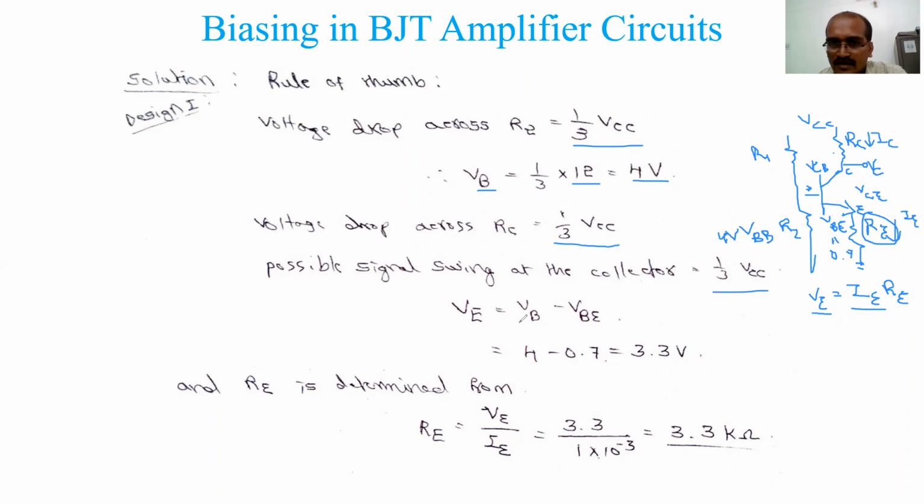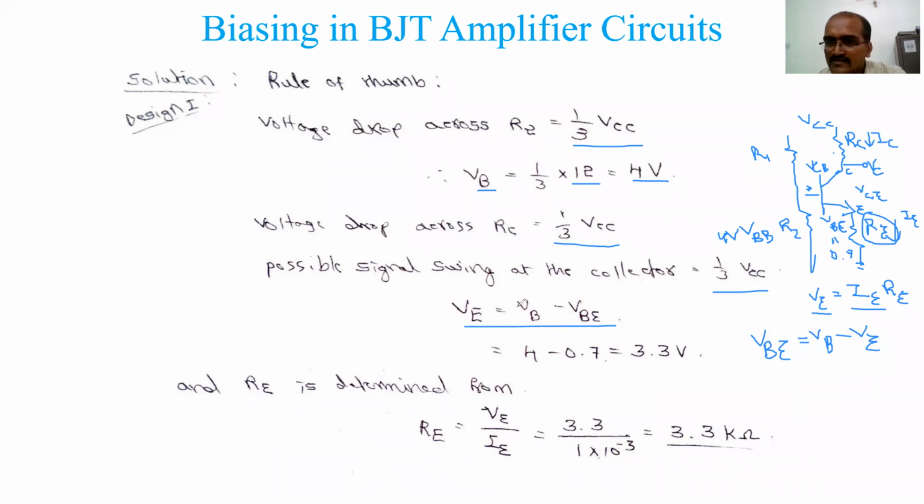So from this, we can write VE is equal to VB minus VBE. This is a standard relation, or else you can find it by applying KVL. Here we have three voltages: VB, then VBE with respect to the transistor, and then VE. The standard equation I told you yesterday: VBE, the base to emitter voltage, is VB, the base voltage with respect to ground, minus VE, the emitter voltage with respect to common ground. If I take VBE to the other side, VE is equal to VB minus VBE.